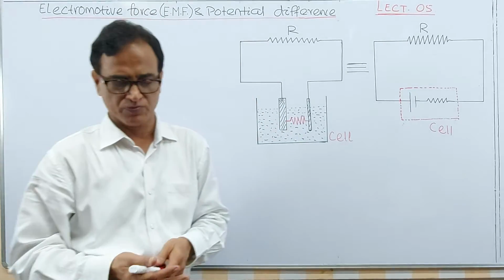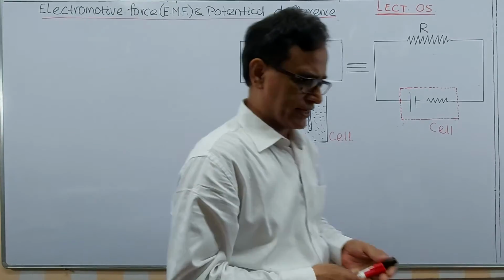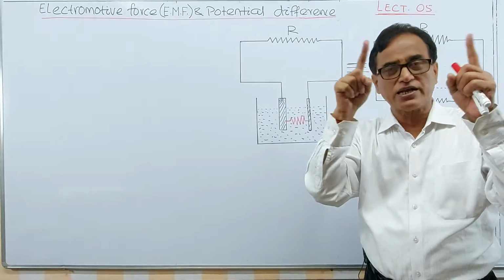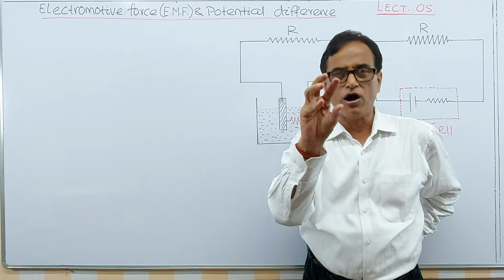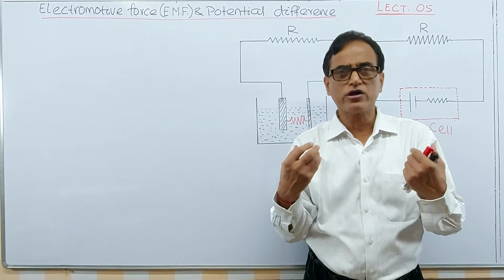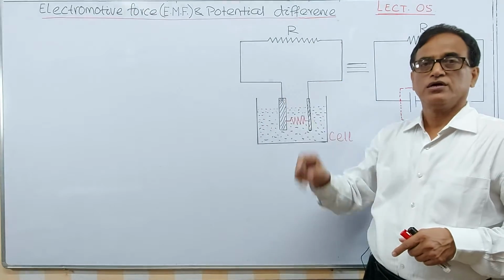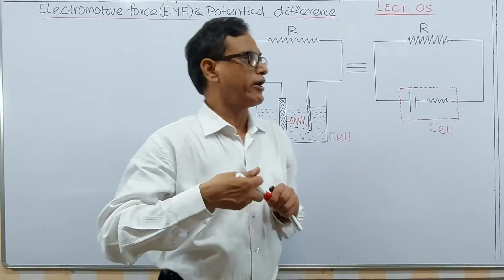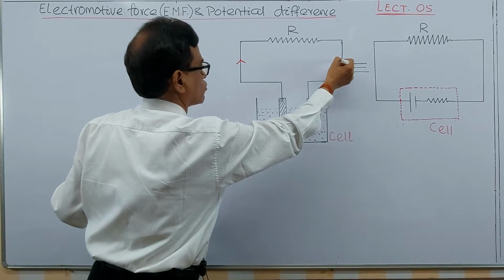To explain it, let me consider this circuit you can see here. This is a circuit containing certain resistance. Resistance means any circuit associated with any electrical devices, either an electric bulb, tube light, fan, television, radio, grinder, or motor. Any electrical device has a certain amount of resistance. Now to operate this, we want to allow the current to flow across this resistance.